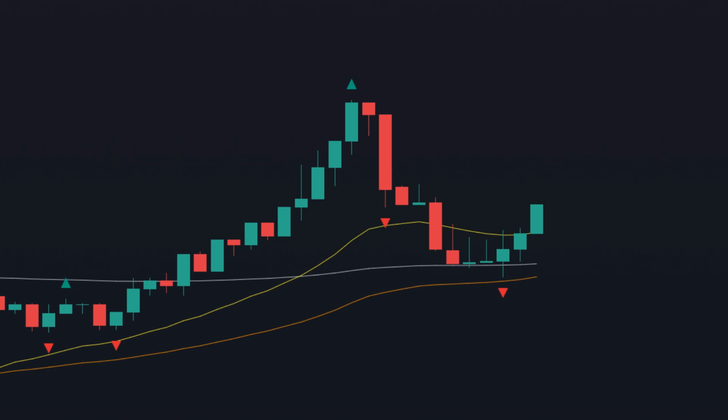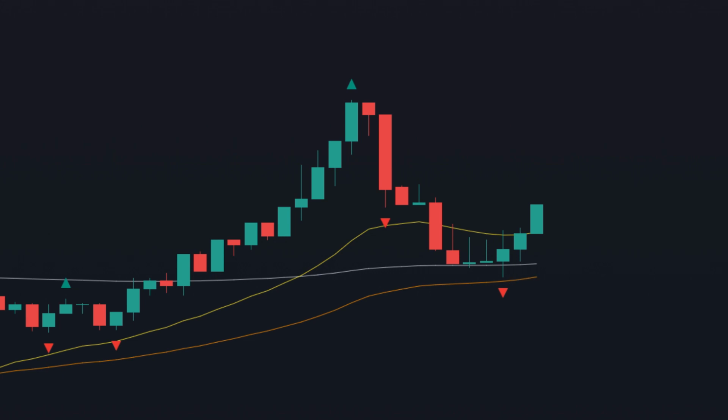We have 2 options to place our stop. If the candle where the fractal appears is above the 55 EMA, we place our stop at the 144 EMA. Or, if the candle where the fractal appears is below the 55 EMA, then we place our stop at the 55 EMA. So in this example, because price dips below the 55, we are going to place our stop at the 144 EMA.